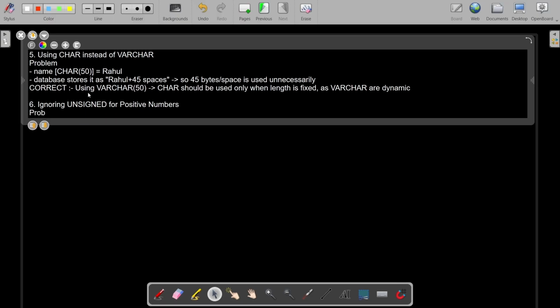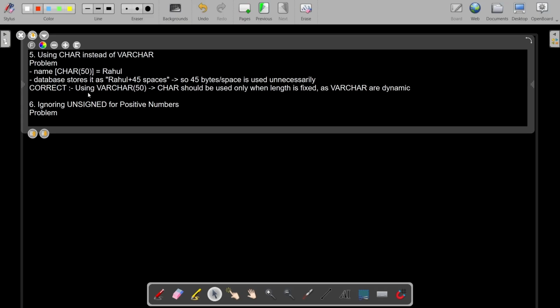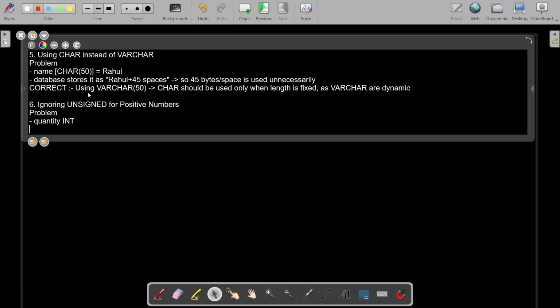The problem becomes this: quantity is of int type and unsigned. Okay, sorry, it's of only int. Okay, so if a negative quantity is entered, it will not throw any error,